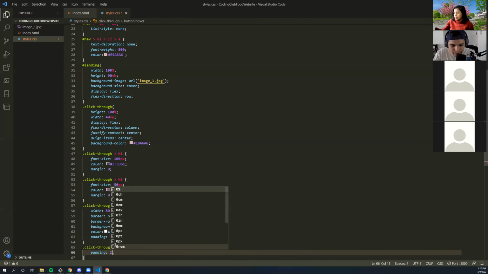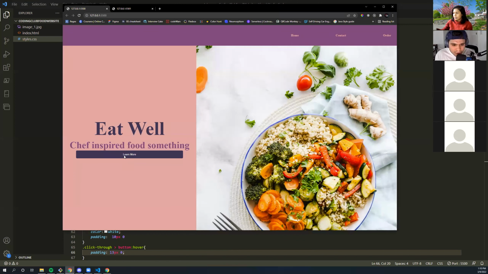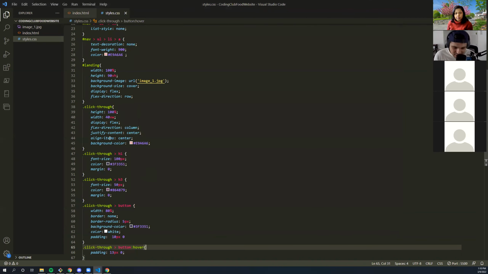So I'm gonna increase the padding. This might look a little crazy. I'm gonna try to keep it very tame to 13 pixels and 0, so that my user knows that it's hovering over this button. This can be placed on any CSS selector.